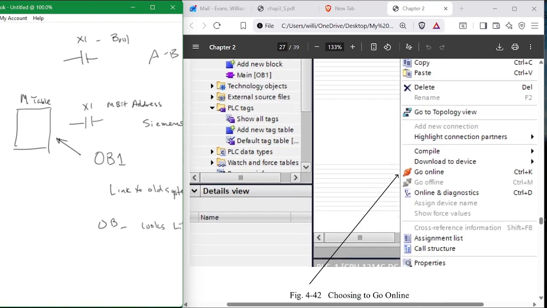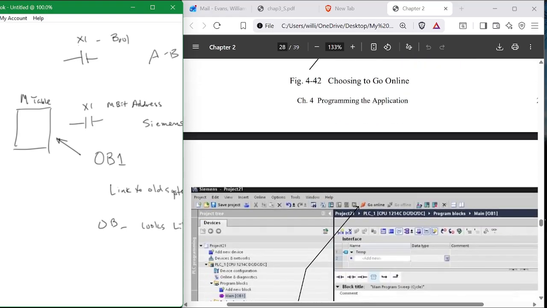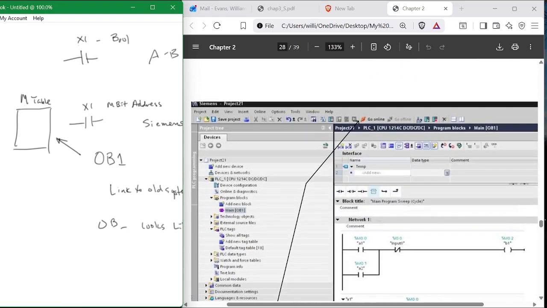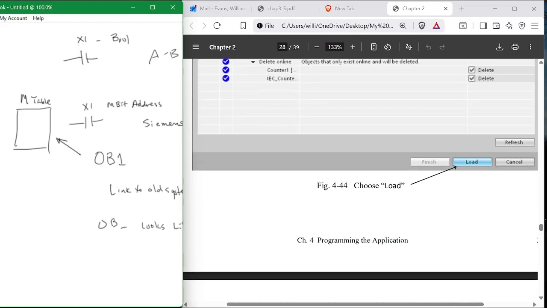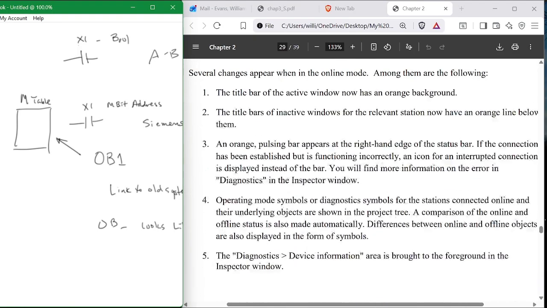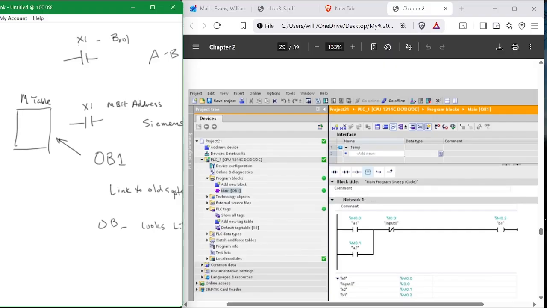Okay, troubleshooting just a little bit. This is the going online for Allen Bradley or for Siemens, the little orange thing there. And you compile it, and then you go online. And here's the infamous glasses, all right? And they show up in more than one spot. They show up in the running program. They also show up in the